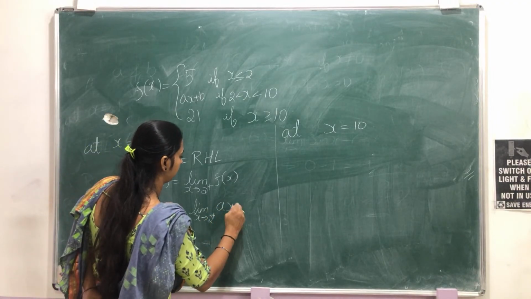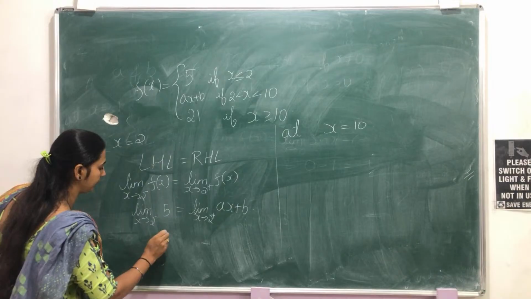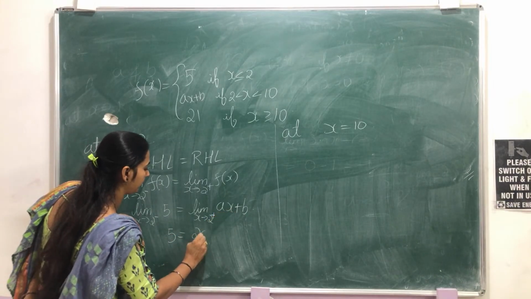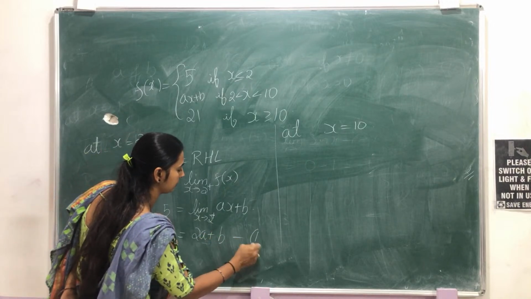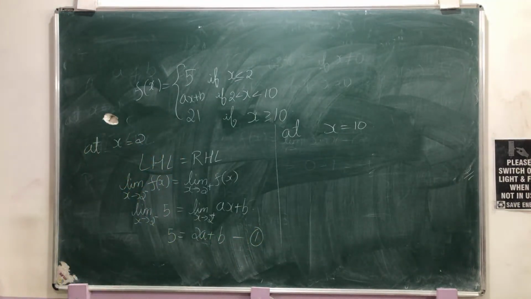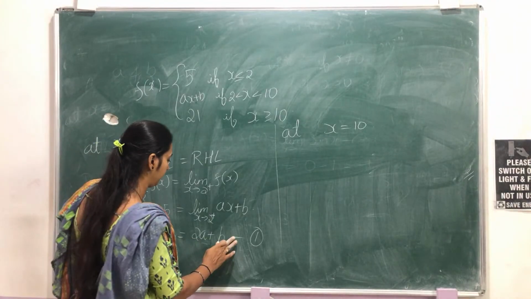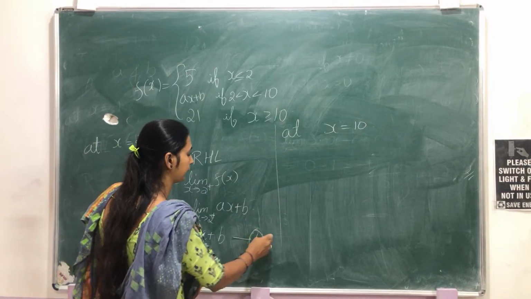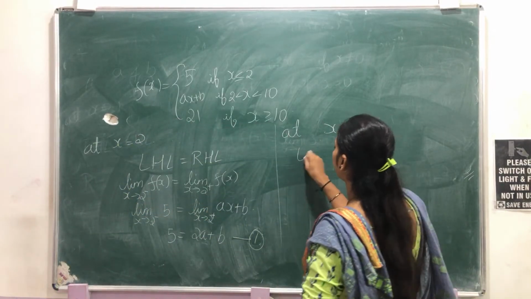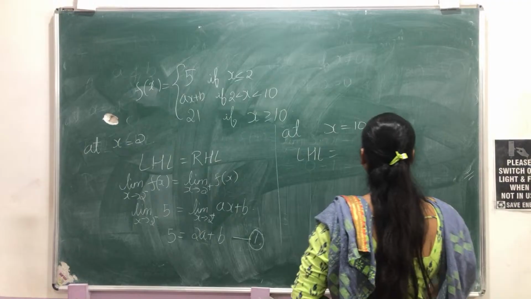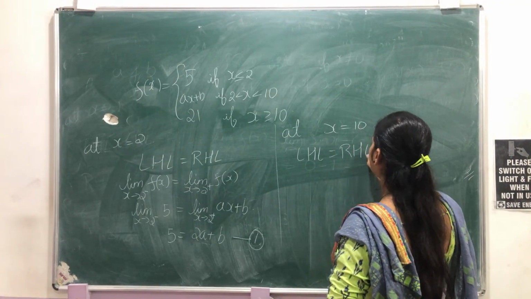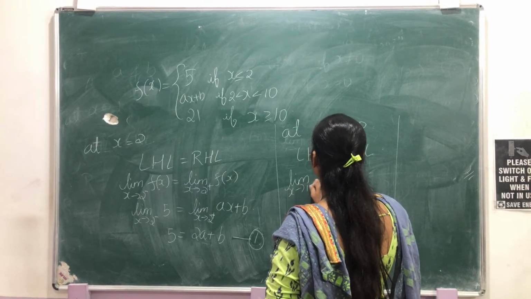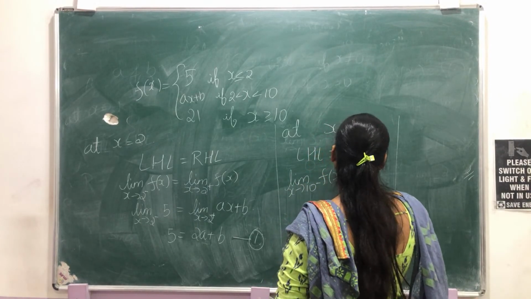Very good. Now substitute x as 2, here it will be 5 only, no changes. Here x as 2 gives 2a plus b. I'll take this as equation 1. Or from this I'll find b, or we'll keep it, later we'll check. Now at x equal to 10, left hand limit equal to right hand limit. What is the left hand limit? Limit x tends to 10 minus f of x, which is equal